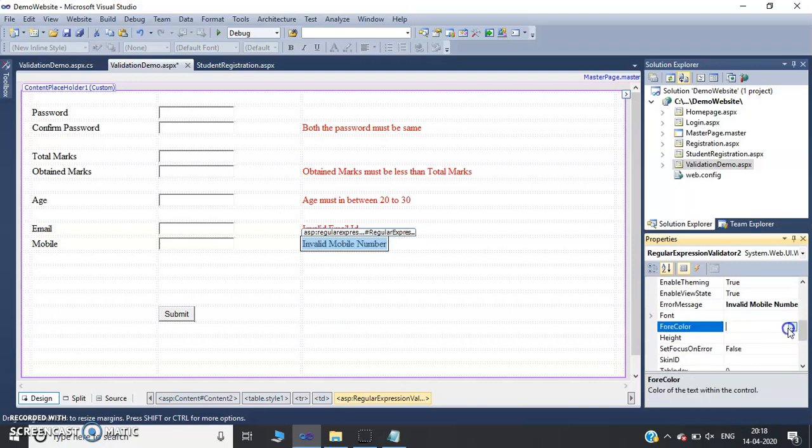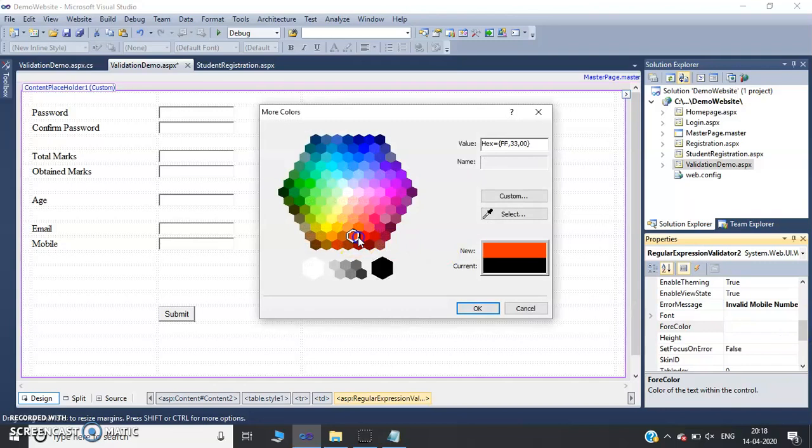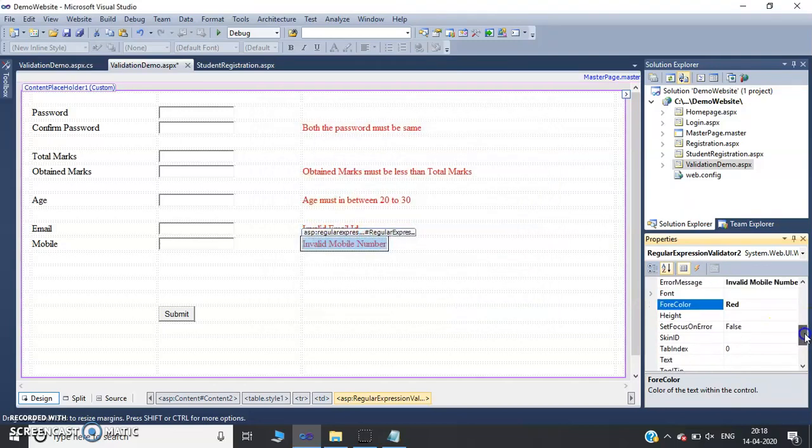Third property, change fore color and make it red. And for validation expression, a mobile number is nothing but only digits, so for only digits we can use \d.